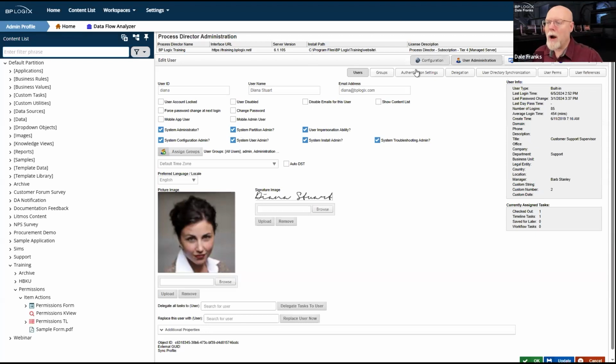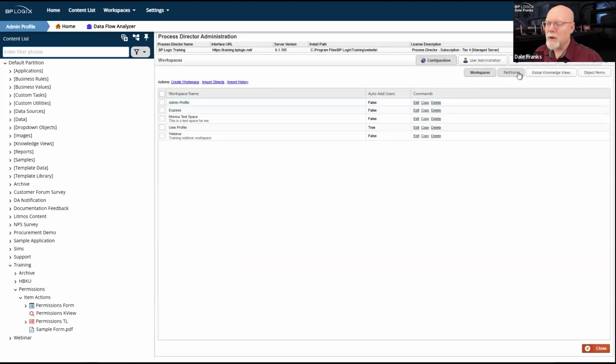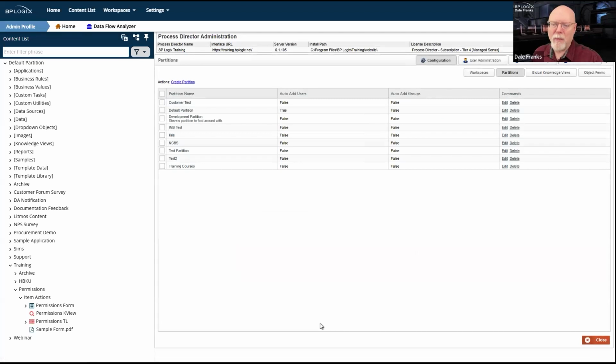For more complex implementations, which is to say systems that may have multiple partitions, like this system here, I have several different partitions so that other users can occasionally go in and use the system inside their own partition without messing with my partition.